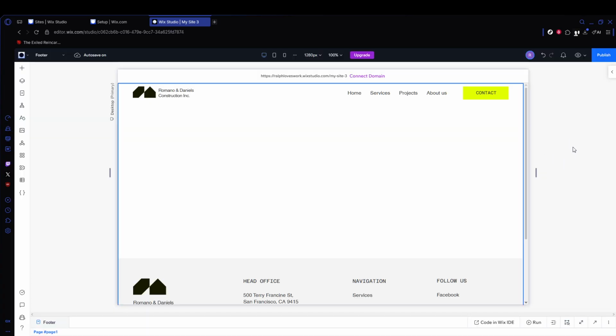When your content looks good, check how it appears in your site menu. Wix usually adds new pages automatically. If you want to change where it sits, simply drag